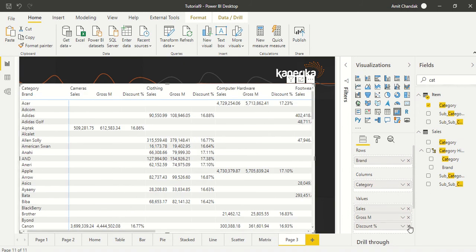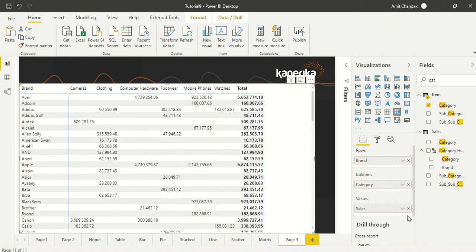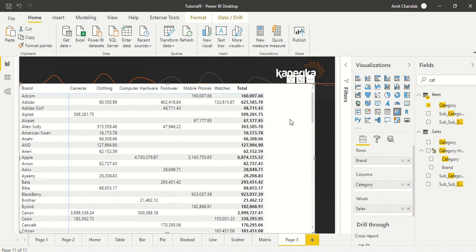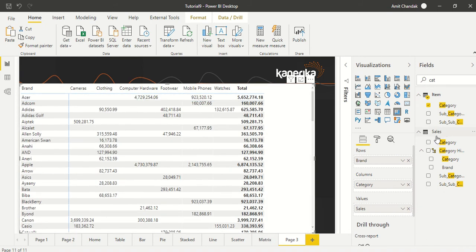And then there are too many measures right now, and they are going to repeat. The other challenge is that this is not going to come down. If you want cameras below sales margin in this one, that is not going to happen. The category is going to remain on top of this. So what we can do is cross this and look at this data in a much better manner. Okay, now on both edges we can add certain things.